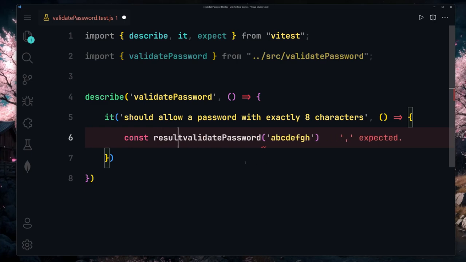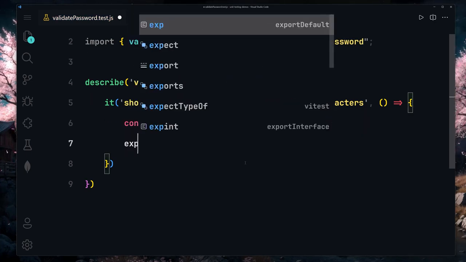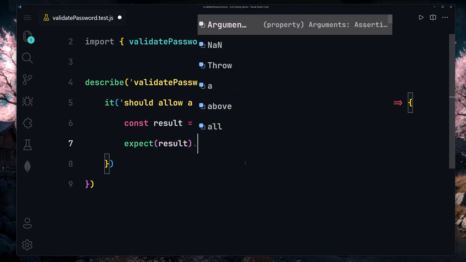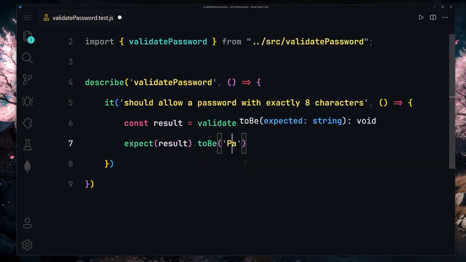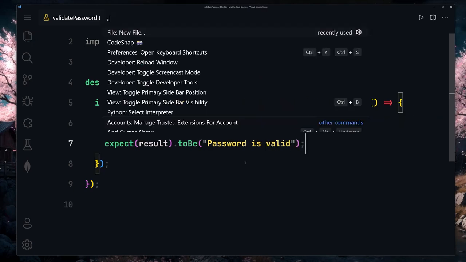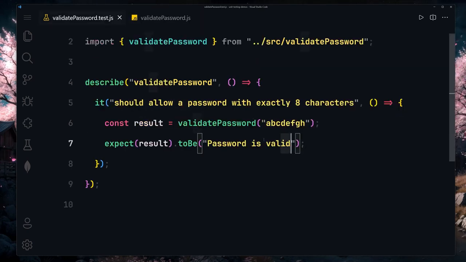So I'm going to use result equals this validatePassword, and now we have to provide our expectations. So provide our expect, and here we have to pass our result inside there to be password is valid. Okay, so now let me save my file. Let me go ahead and go to my file, and password is valid. I'm going to copy this exact string, and now let me paste it right here, save my file, and